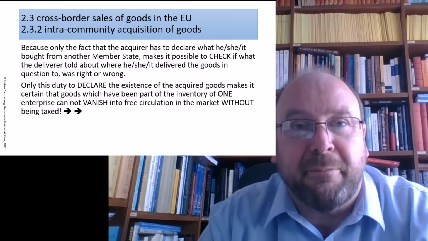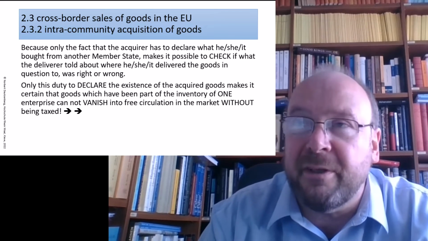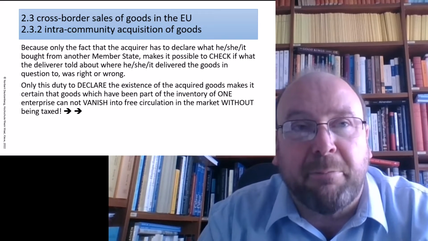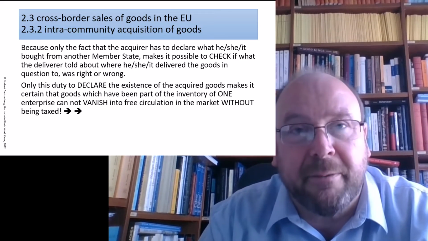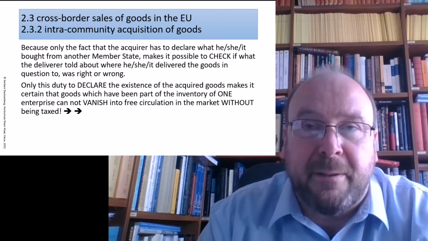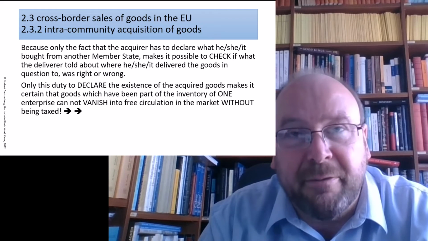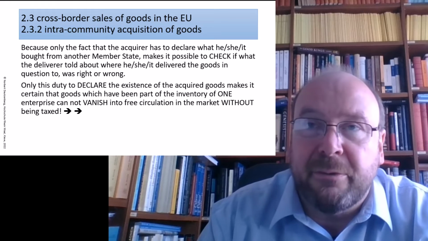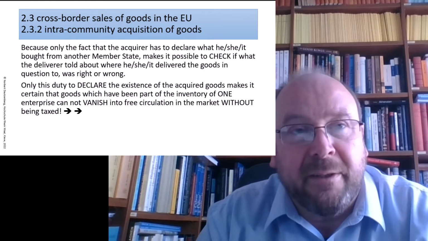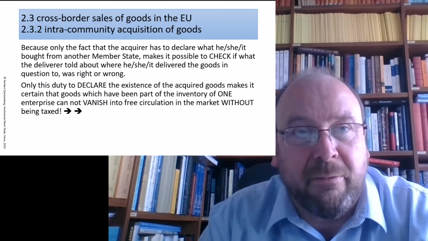It is not about the money, it is simply to secure that goods do not leave one country untaxed, free of tax, and never show up again in the bookkeeping of the buyer. And so they established a mechanism that information is automatically exchanged about the delivery from the deliverer to the acquirer, where the fiscal authorities can then check, does the information declared in both bookkeepings match?